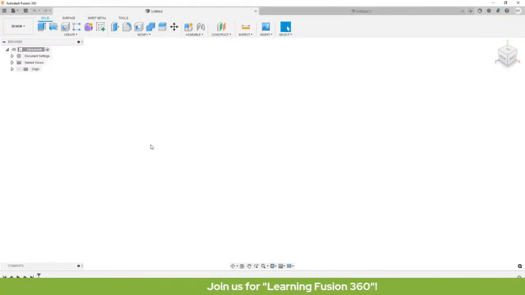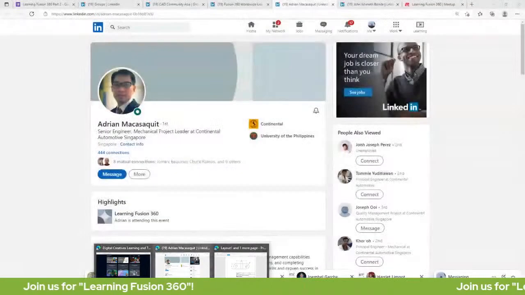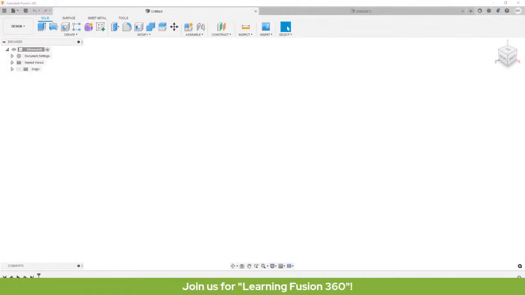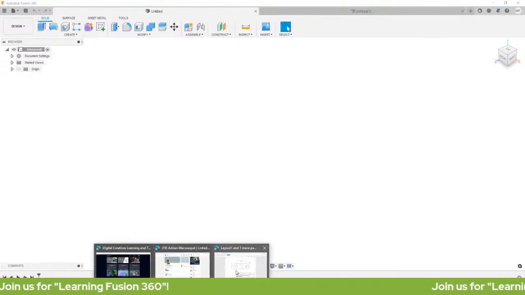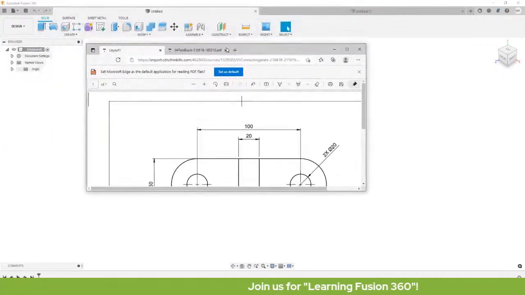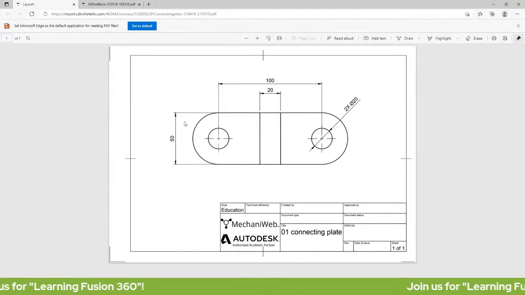So let me grab our reference image. Okay. So we'll be sharing the reference image later. Yan, sa mga nag-register, so please do register para ma-receive nyo itong ating reference image.